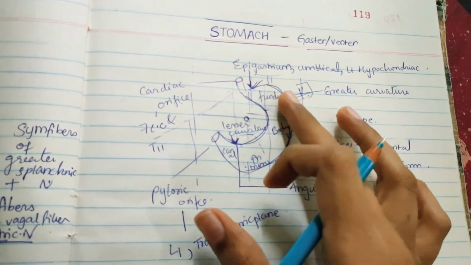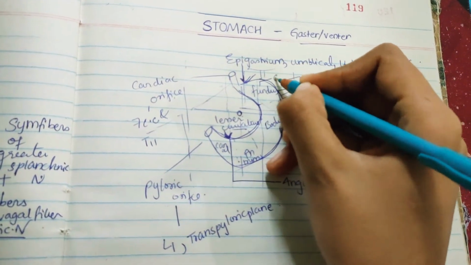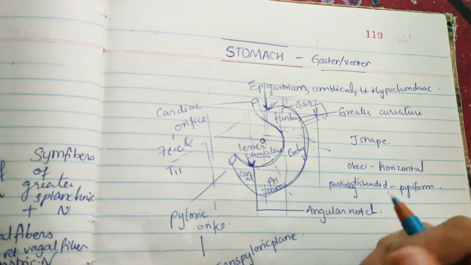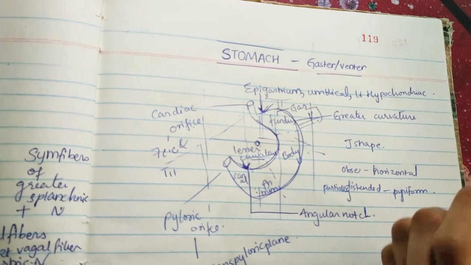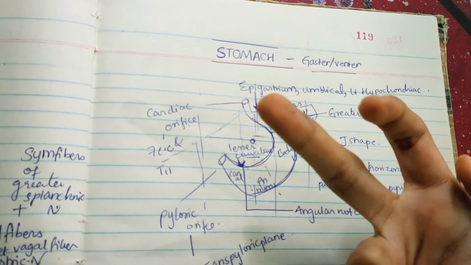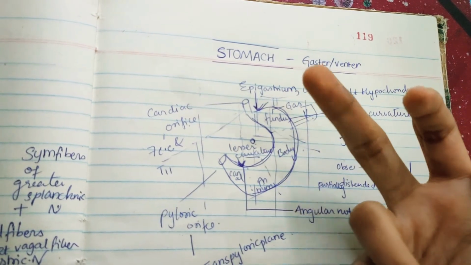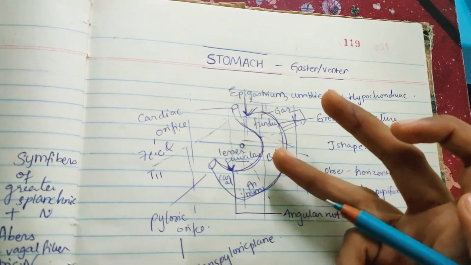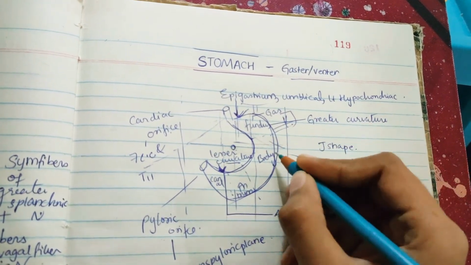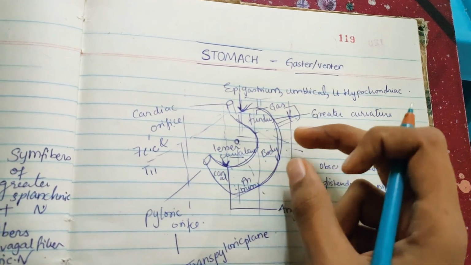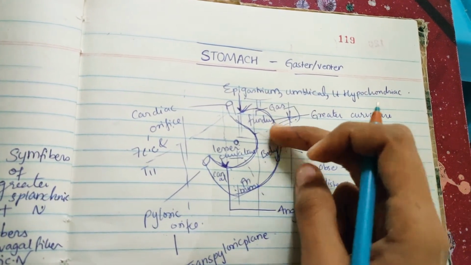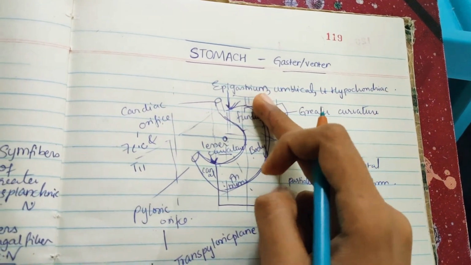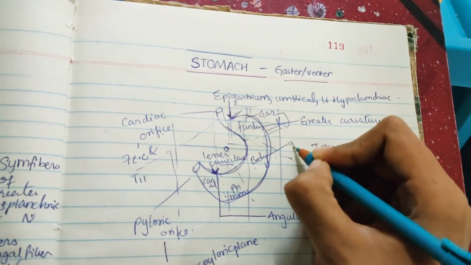If you do the radiological examination of the fundus part, you will find mainly gas over here. In the body of the stomach, you will find all three types of secretory cells: the mucus cells, the chief cells or peptic cells or zymogenic cells, which mainly secrete digestive enzymes, and the parietal or oxyntic cells, which secrete HCl. So the cells which secrete the enzymes and HCl are all located in the body. It is the main part, where all the important parts of the stomach are present. In the fundus you will find gas, and in the body you will find all the important cells.